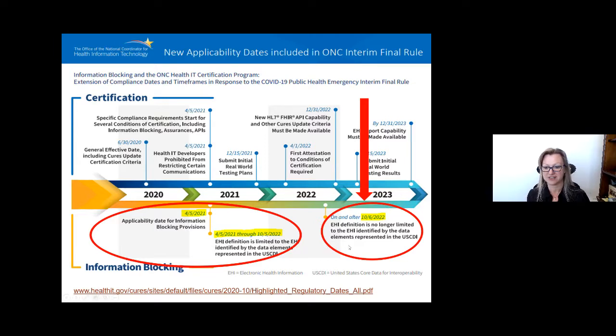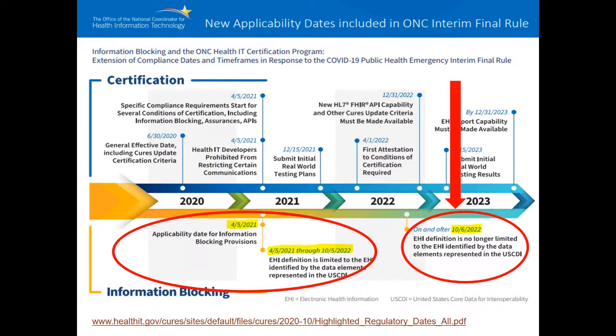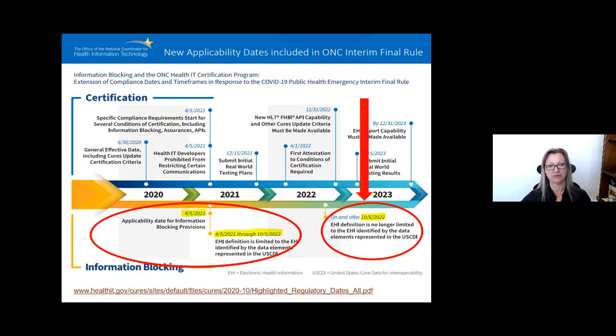On the right-hand side, you can see that once October of next year passes, it's open season for all EHI. By open season, I mean that anybody that asks, or any organization that asks, whether it's a researcher, a health plan, an individual, whoever it is, if they request electronic health information or access to it, your first reaction is I likely will need to give that to them unless I can justify a basis, or an exception, as we're going to go through again and review, upon which I can refuse to give access to that EHI or a copy of that EHI to that requester.